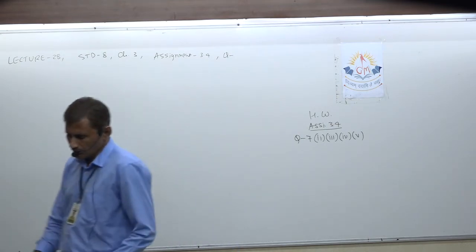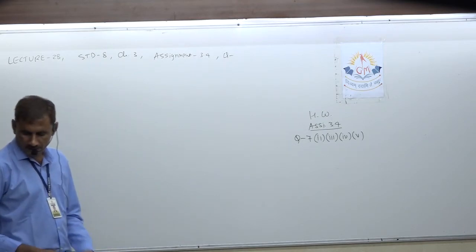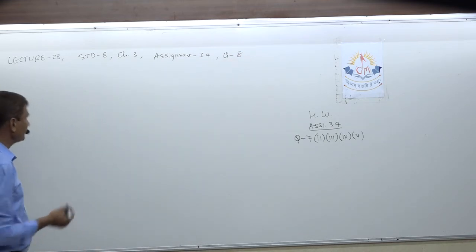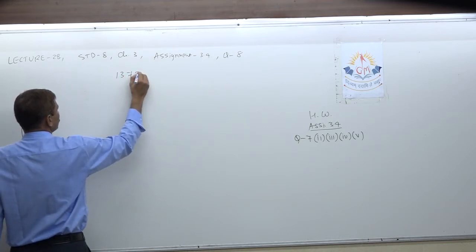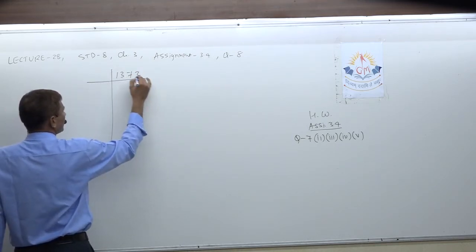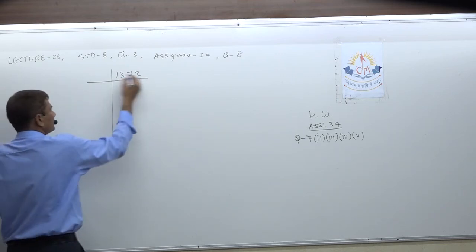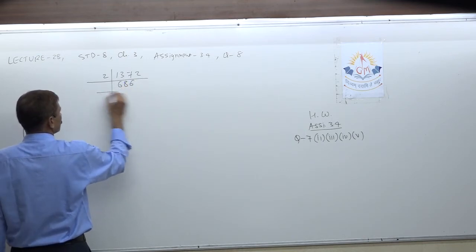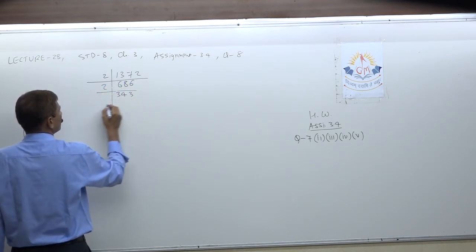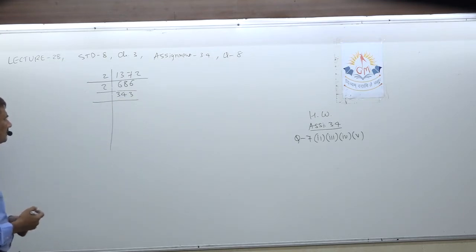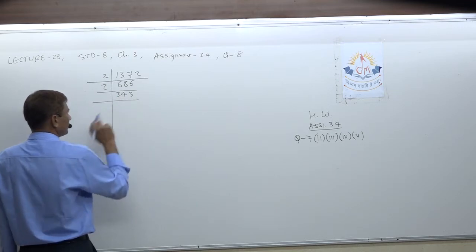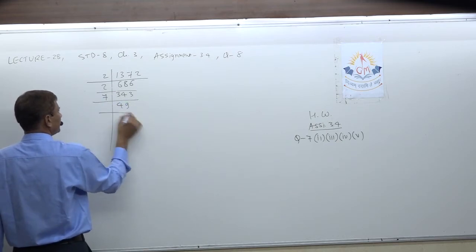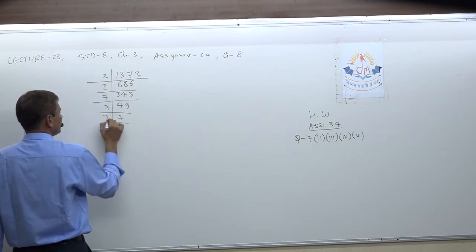So again, first of all do prime factorization of the given number 1372. So it is question number 8. 1372, by prime numbers only I am going to divide. It is even, so by 2. 2 6s are 12, 2 8s are 16, 2 6s are 12. Again 2, 3, 4, 3. Now by 2 is not possible, and by 3 also not, but we know the cube of 7, so directly jump to 7: 49, 7, 7, 7, 1.